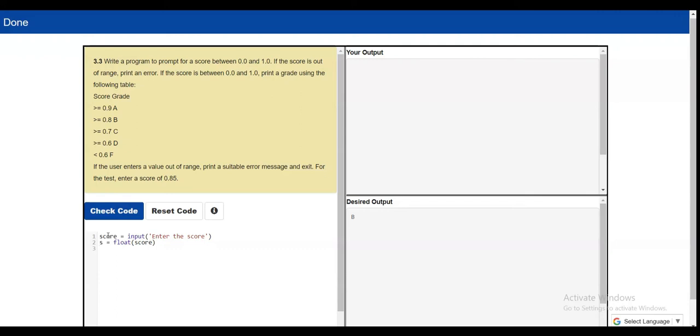Now we will use the if else command. So if the score, that is s, is greater than 1.0, we should print that this is an error. And again, else if, we will use here, and else if the value of s is greater than or equal to 0.9,